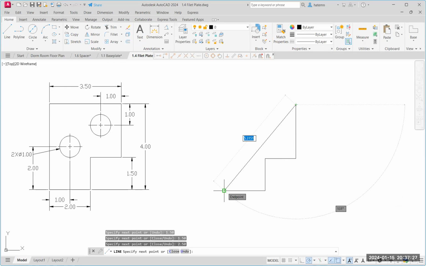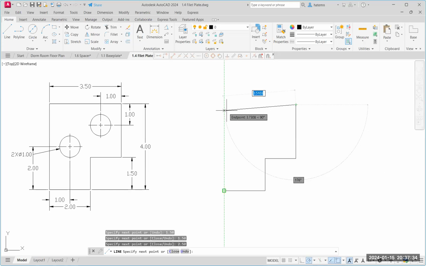If I touch this endpoint and I just bring my cursor straight up, notice I have this green line. That is our object snap tracking. So it's tracking that distance here. And as it gets close to,